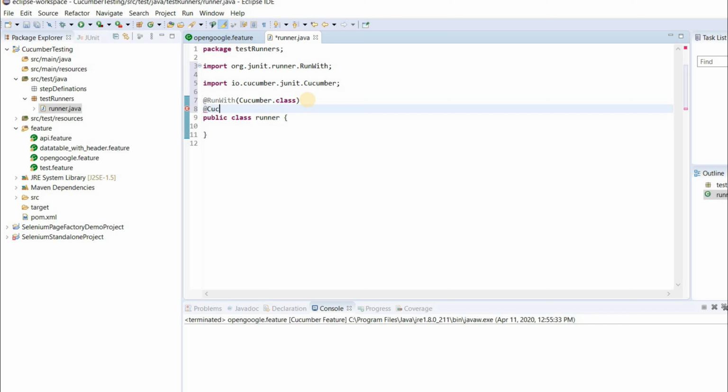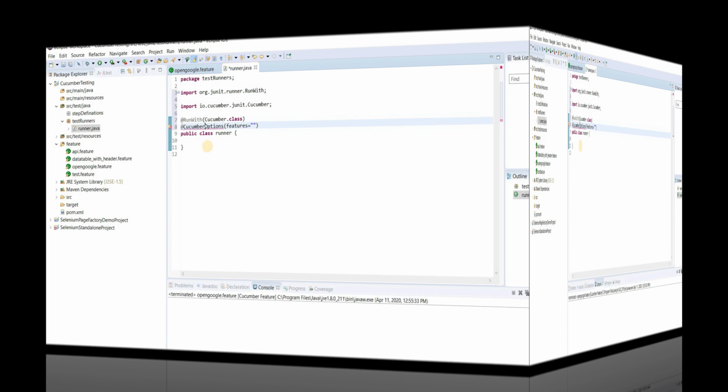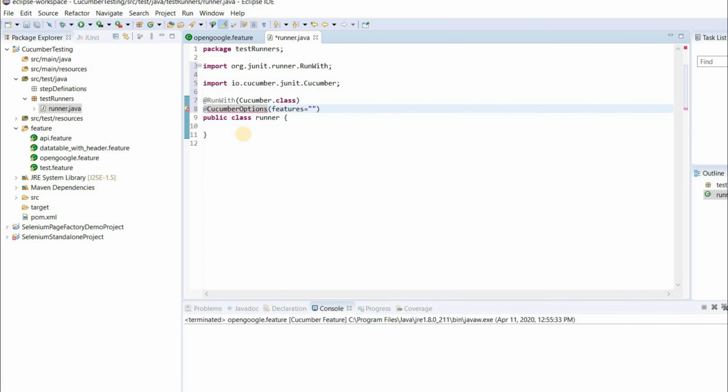For the time being, I am just going to write the Cucumber options to only run the file. In another video I will tell you what are the flexibilities we can write under Cucumber options. At this moment we will only write the features. Inside the features we have to give the name of the feature.